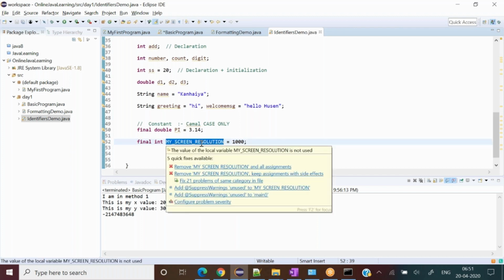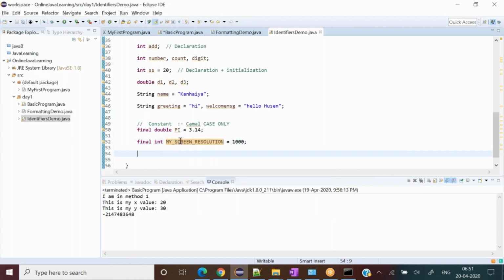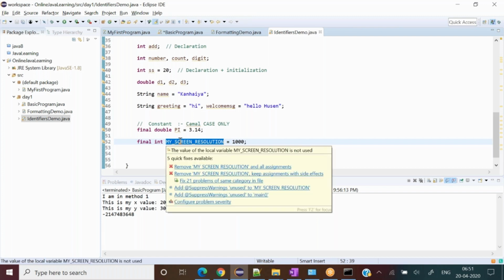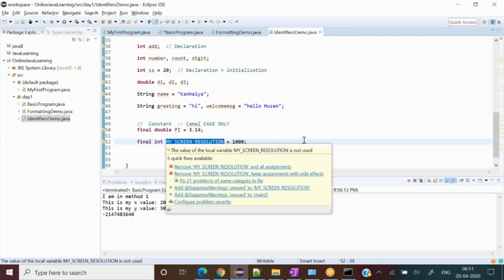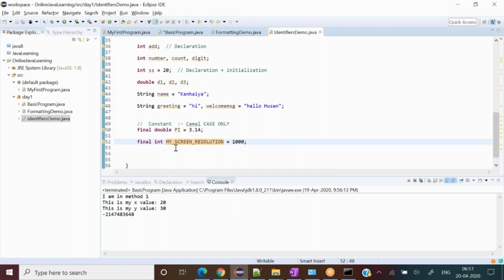Because there might be a chance some class is having thousands of lines of code, right? Not 5 or 10, 20 lines of code, and you have declared some constant above. So now at line number 750 you cannot scroll up and validate what this is. But if you see something like this, then you will come to know, okay, somebody has defined it as a constant or final variable, I should not change it, or I can't change it, right? So that's why these conventions were made, so a developer can easily know that I should not change it.